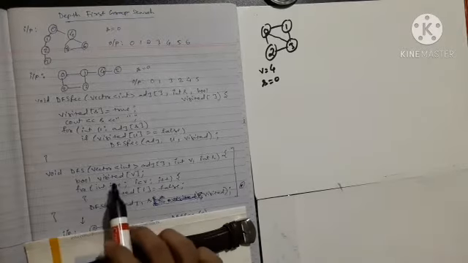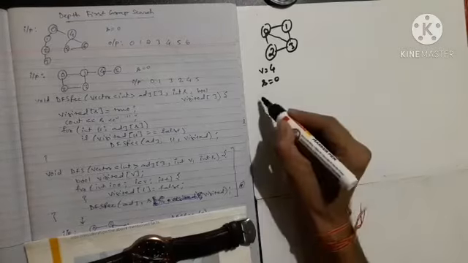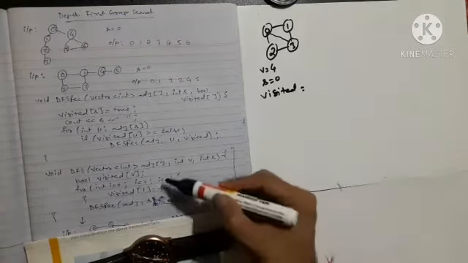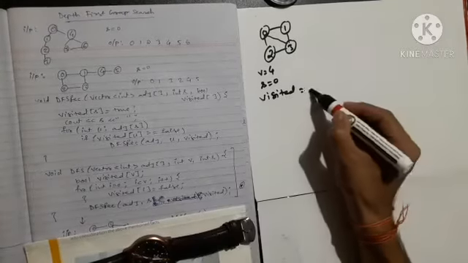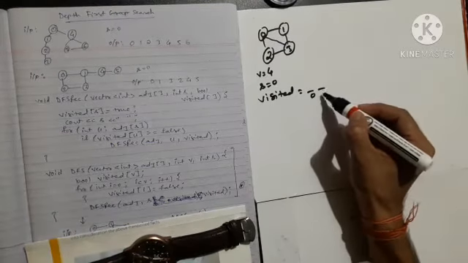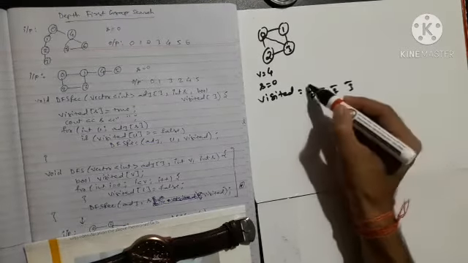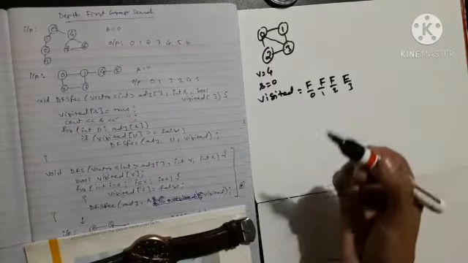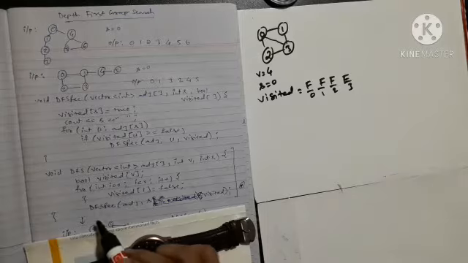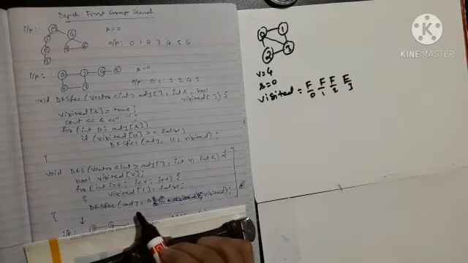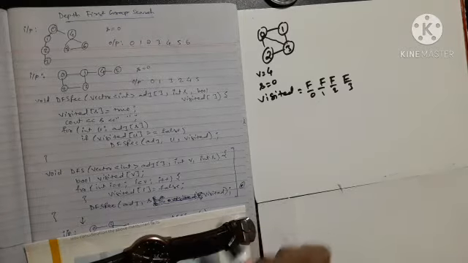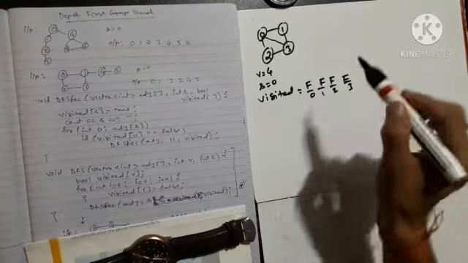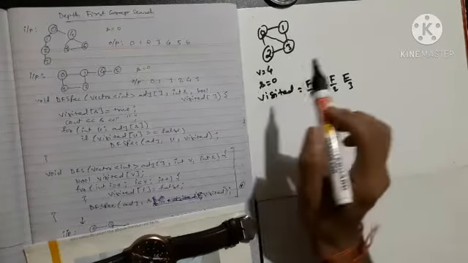Now it is making a visited array of type boolean, and let us make the visited array also. Initially, I have initialized all the entries as false. So let's say it is entry for 0, 1, 2 and say 3. I have initialized all the entries as false. Now after that I am going to call this DFS recursion function. I am passing this graph and the source and then visited array. So passing this graph, this source and this visited array. See, this V has been 4 has already been passed.